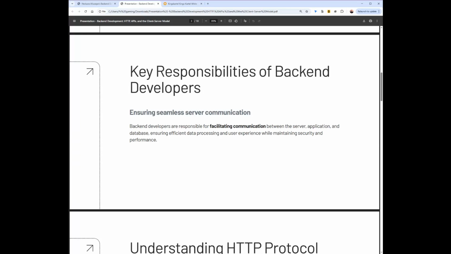That database itself would contain data, but the backend developer is the one who will design how the database should look like. Do you get? Is that person that will design how the database should look like? Mind you, in a very large organization, for example Facebook, these roles are very specific. It means that what we call a back-end developer, if you're going to go to a company like Facebook,